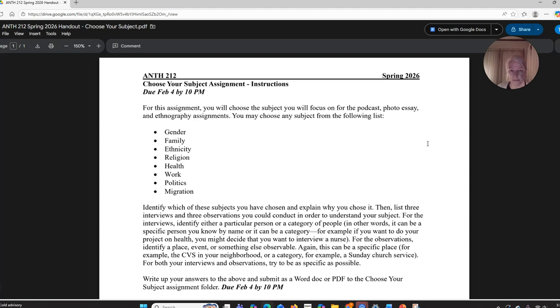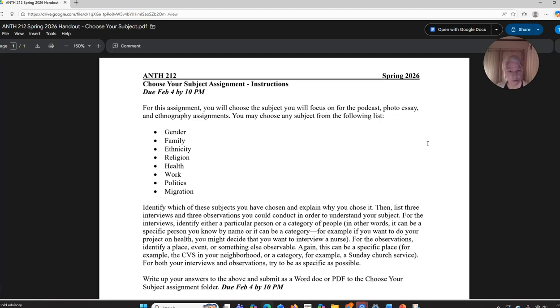If you've already got that brainstorm, then you might say, okay, here are my observations. I specifically want to go to such-and-such church to observe a Sunday service, say, right? And I want to go to their choir. I know they have choir practice on Thursday, whatever it might be. Or I want to do an observation just of the building itself. I want to see if I can go in there and look at how the building is constructed, what kind of objects are in there, etc. So it could be very specific like that.